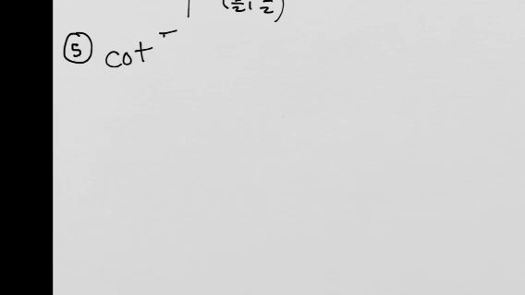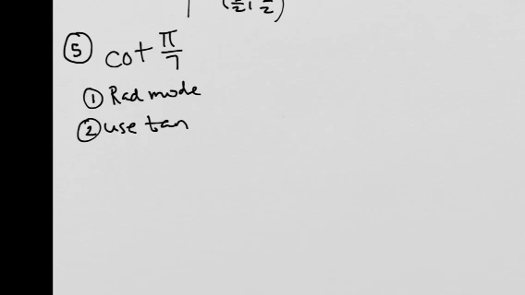And this is a calculator problem because pi over 7 is not a special angle. So first off, you have to make sure your calculator is in the right mode. Pi over 7 is a radian. So number 1, you have to make sure your calculator is in radian mode. Okay? And then notice that you don't have a cotangent key. You have a tangent key. That's a reciprocal of cotangent. So you're going to use